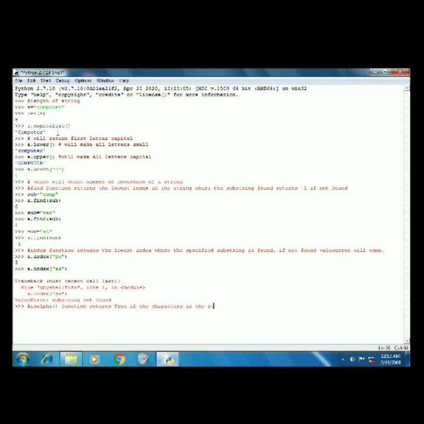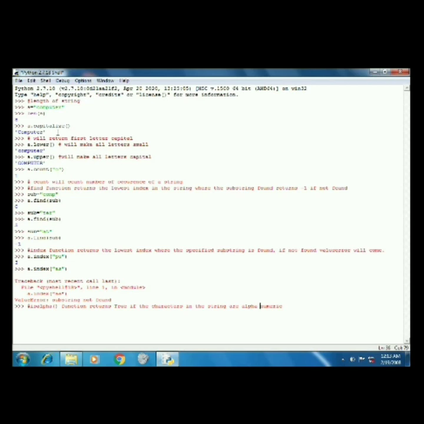If the string is equal to "123", string.isalpha() will give false. If the string is "12345ABC", then also it will give a false result.